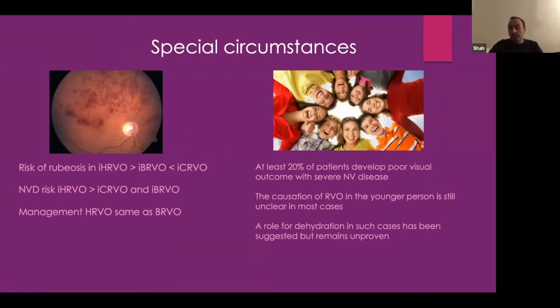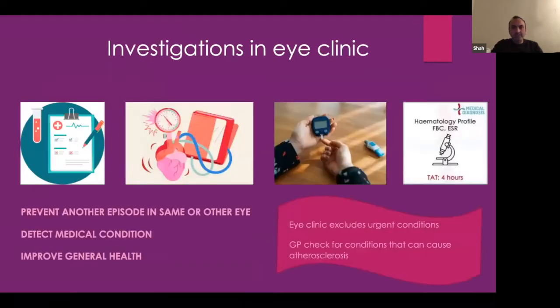Dehydration is quite important, especially when we see a young patient. I've seen a fair amount of central retinal vein occlusion in people who've done marathons, very healthy people, no risk factors, but extremely dehydrated. Or the other spectrum: they've gone out on a big night out and had lots and lots to drink, and they've been very dehydrated and ended up with a vein occlusion. So make sure you have a very tall pint of water if you've been on a big night out.